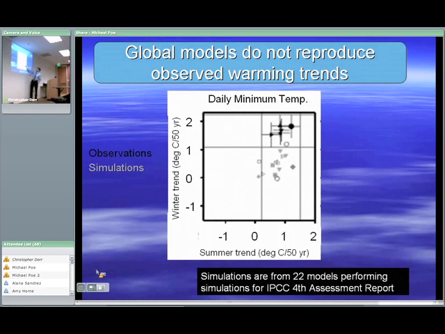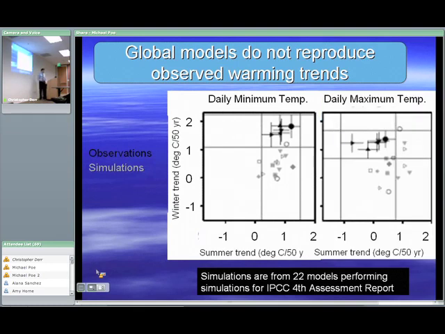So what this is telling us is the models do okay in terms of explaining summer trends. They don't do okay in winter. They actually underpredict trends in winter, and this is nighttime. So in winter, we're seeing more warming at night than we would expect from models. In summer, the models, which again are the gray, predict some significant warming. We really don't see that. So the point is that these global climate models don't explain very well the historical warming.